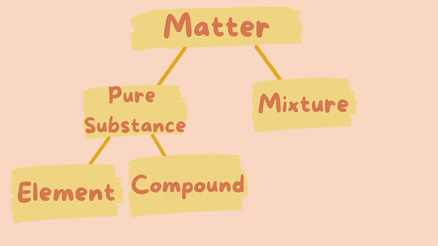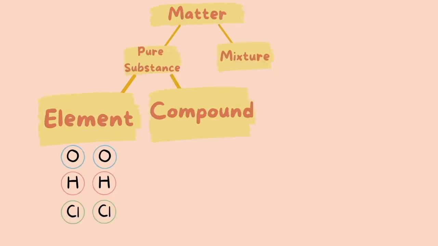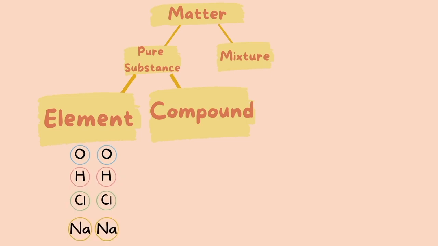An element is what you find on the periodic table. These cannot be broken down into any simpler substance, even by chemical reaction. A compound is a substance combined of two or more elements in definite proportion. Let's look at some examples of elements and turn them into some compounds. So here we have oxygen, hydrogen, sodium, and chlorine atoms. These are all in their purest, most simplest form, their elemental form.